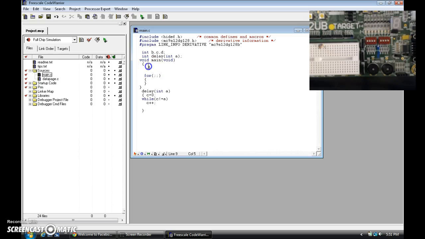So I'm going to go ahead and start declaring the register A. That's where the LEDs are. So we're going to make them the output. I'm going to write this in hexadecimal. So let's say F. And in this for loop,